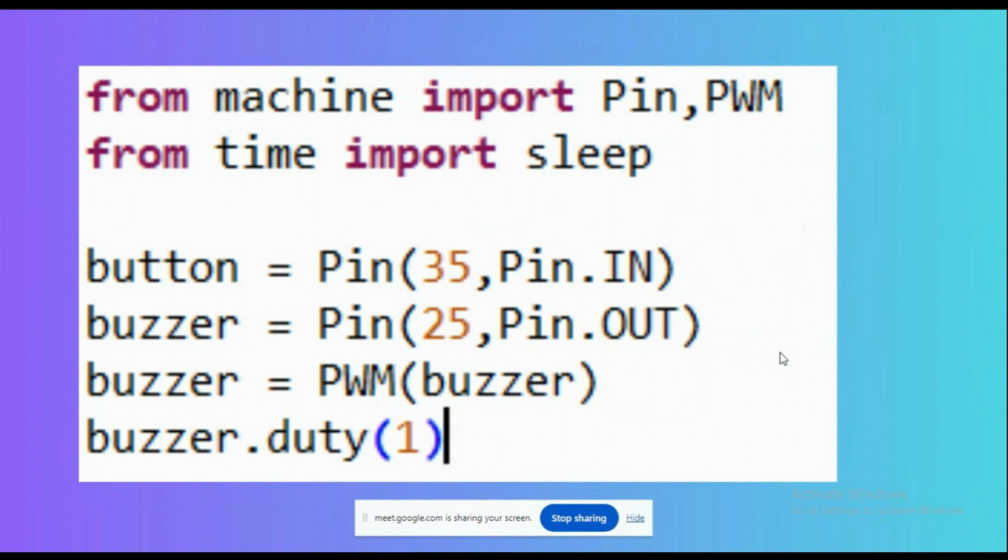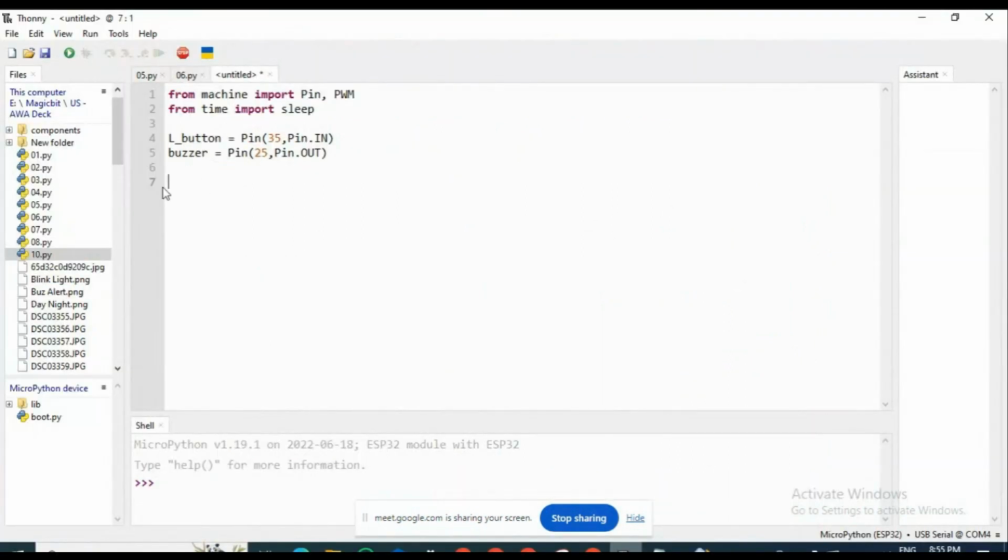That means no sound should come at the beginning of the program. So the duty of the buzzer, we have to keep it very low. Here we are not going to use it as 0. We are going to use it as 1. This 1 is not the digital one. This is just the number 1, right? Value 1. So the above buzzer,